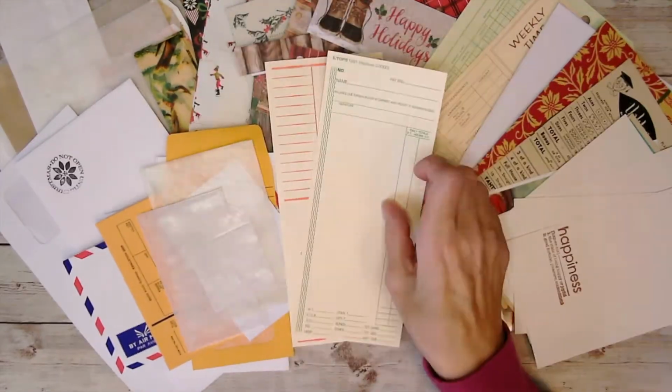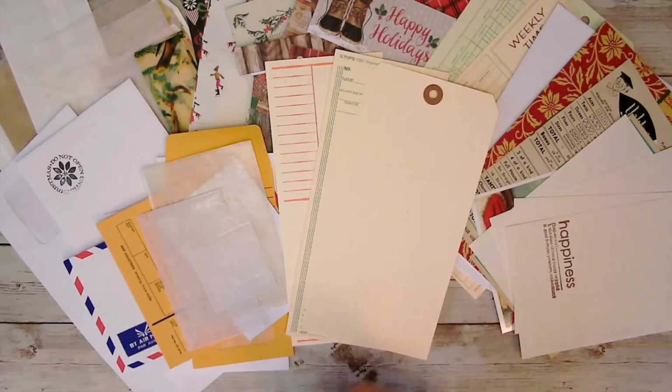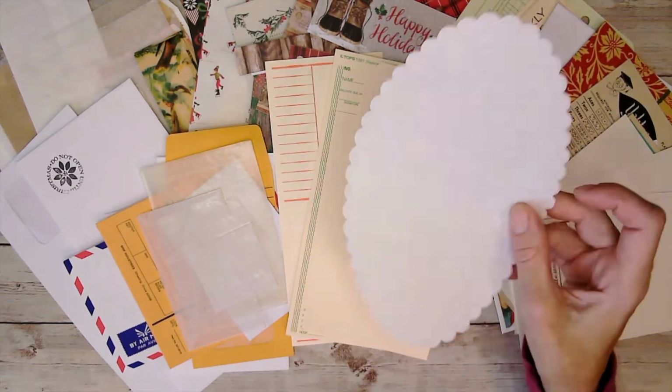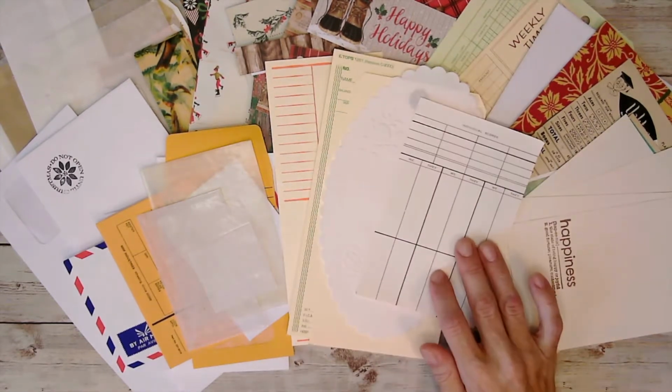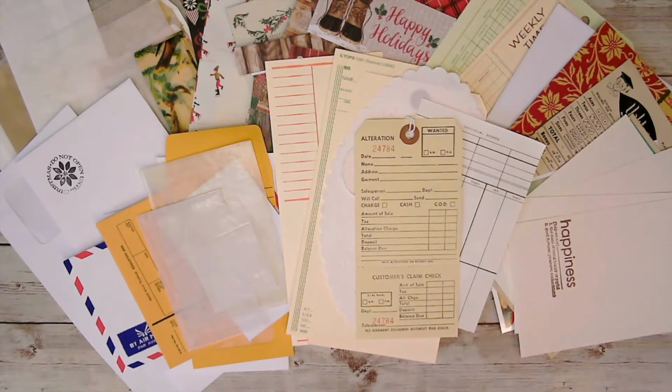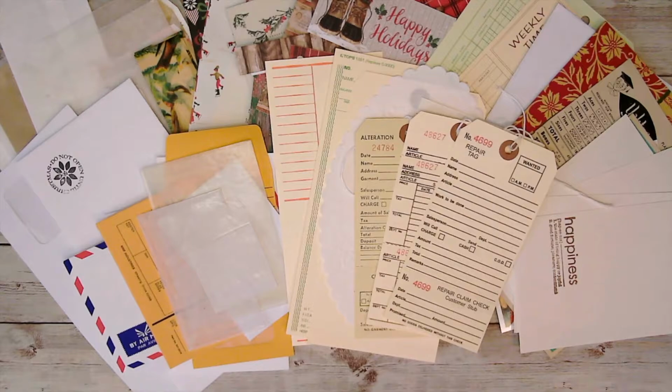You'll get a single-sided time card. You'll get a big 4x8 tag. You get a doily, and that's rose embossed. You get a scorecard. Then you'll get an alteration tag, a layaway tag, a repair tag, and then you'll get